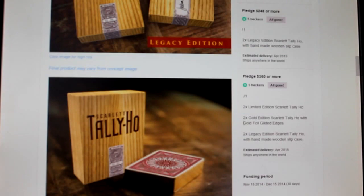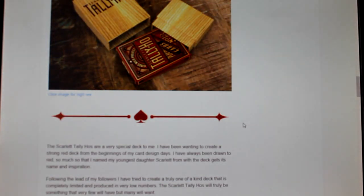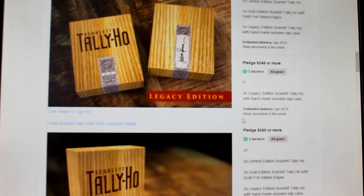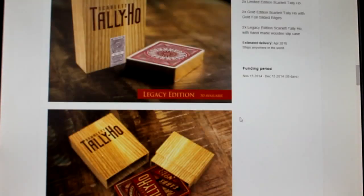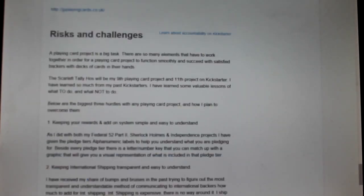I don't think it's actually wood. Maybe it is, I really don't know. I guess it is, or plastic imitation wood. Court card's basically the same as the other blue deck that he put out, but the back design definitely updated and different and looks pretty cool. But everything is sold out, as you can see on the right. Sold out very well. He is offering add-ons of a